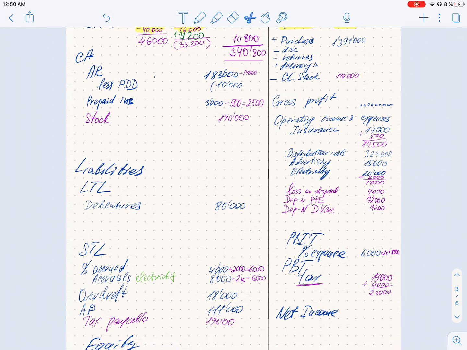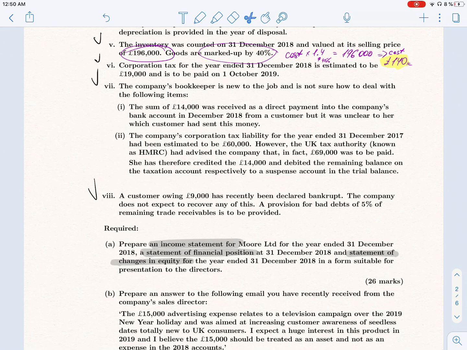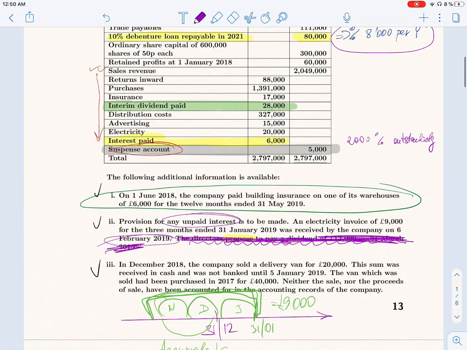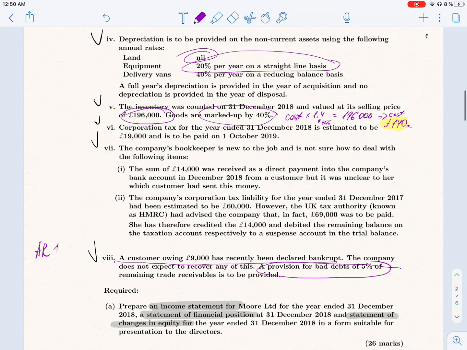So we have the final step left. It's about accounts receivable and provision on bad debts. So the first line here is that the customer owing 9,000 has recently been declared bankrupt. So we have to deduct 9,000 out of accounts receivable, and then we have to adjust bad debt provision to 5%. So let's do some workings here. We have accounts receivable in trial balance in the amount of 183 less 10,000. So 183, we have just deducted 14 correcting entry, and we have to deduct 9,000 more. So the total accounts receivable, which should appear in balance sheet,